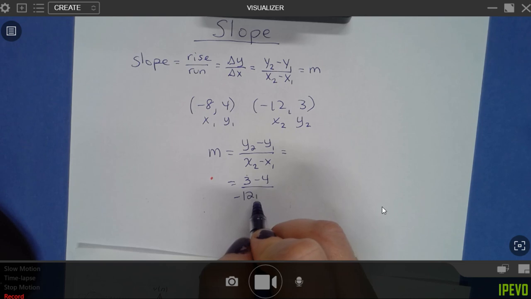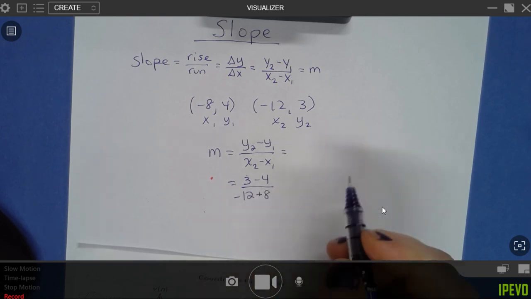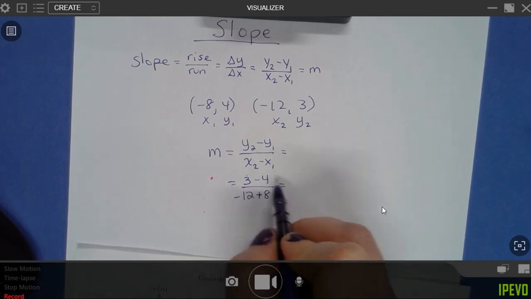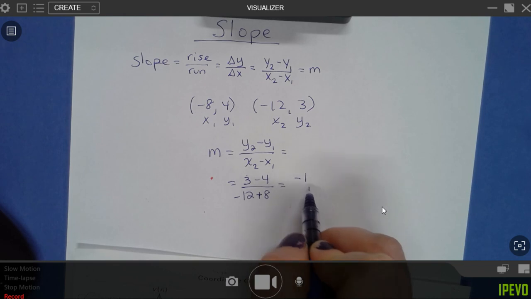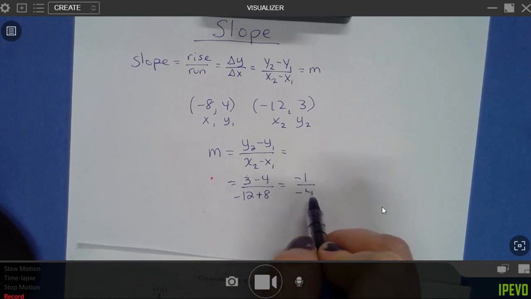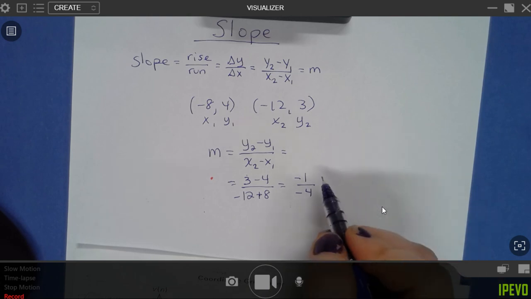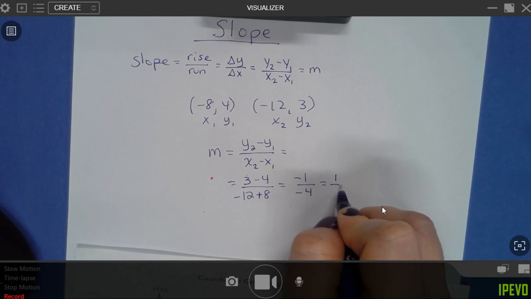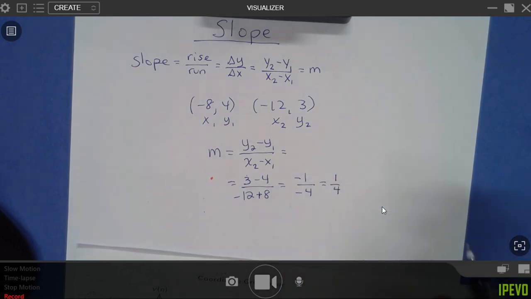When you subtract a negative, you're taking a negative away. It's a positive effect. Subtracting a negative is addition. 3 minus 4 is -1. -12 plus 8 is -4. A negative divided by a negative is a positive. So it's positive 1/4 is the slope. So the rise